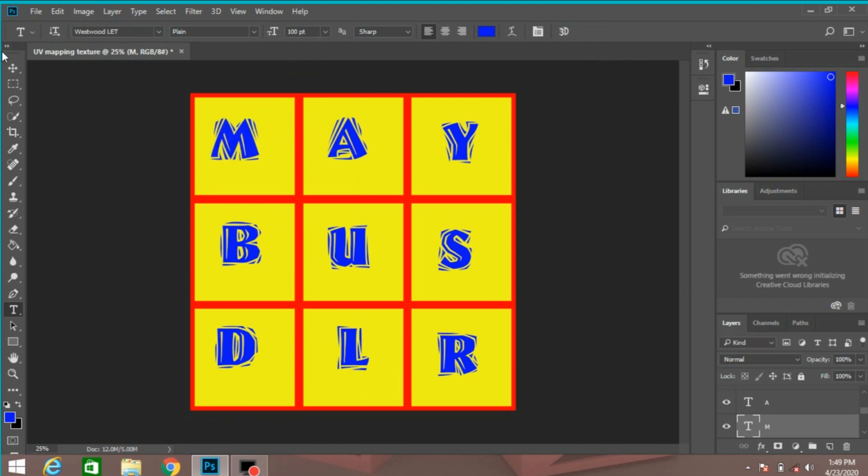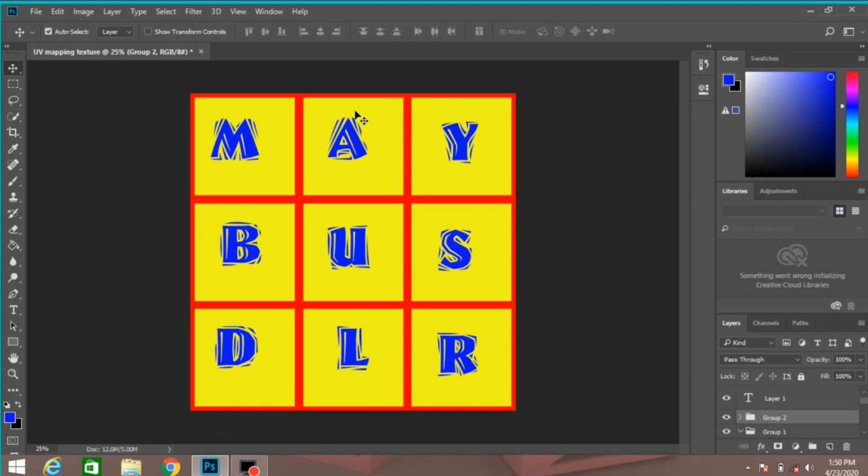Now Move tool, select all the text layers. Shift select. And press Ctrl plus G to group.